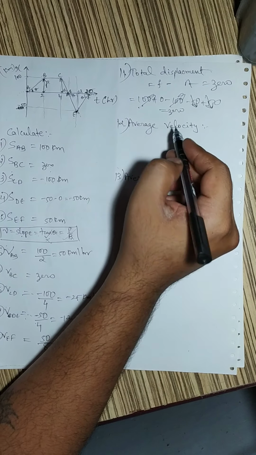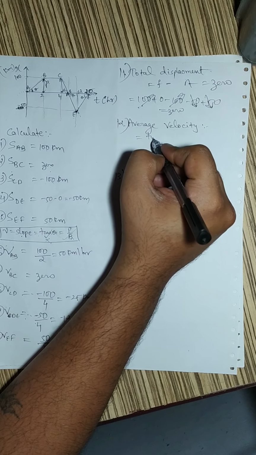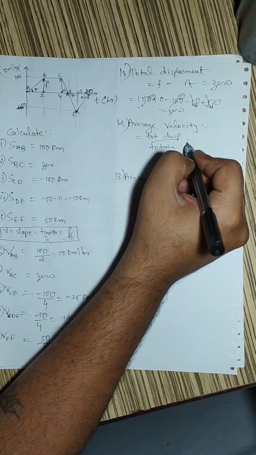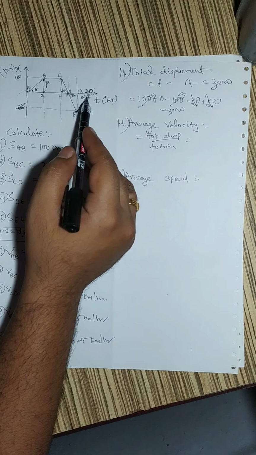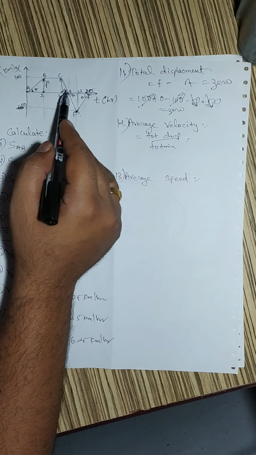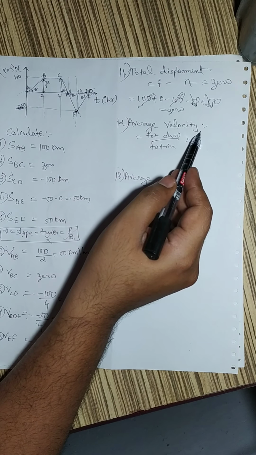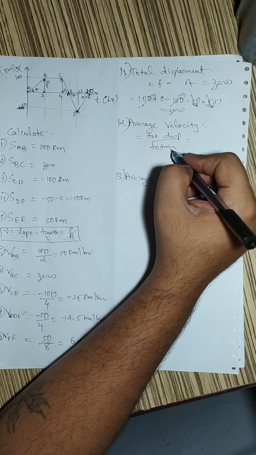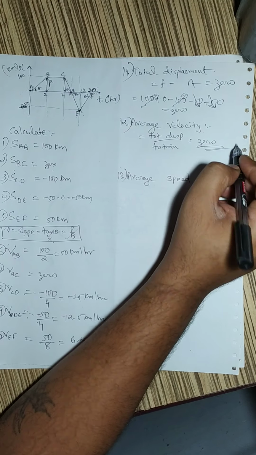Average velocity. Now this formula is total displacement upon total time. So this journey has been done in parts. It's a 20 hours journey, so it is done in parts. So we can calculate average velocity. So total displacement is 0. So obviously again average velocity is also 0.